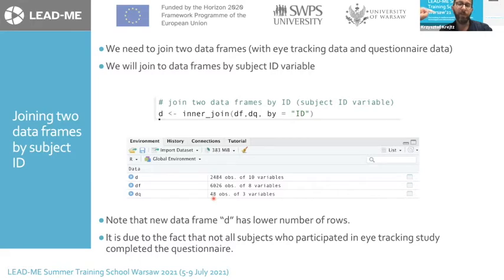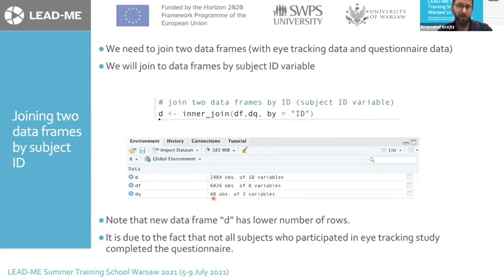In the eye tracking data frame, the number of rows is the number of people multiplied by the number of areas of interest. Even so, we can combine these two data frames. We can join or merge them; we have different names for this. Let's join them